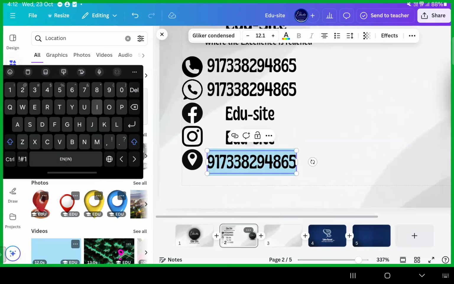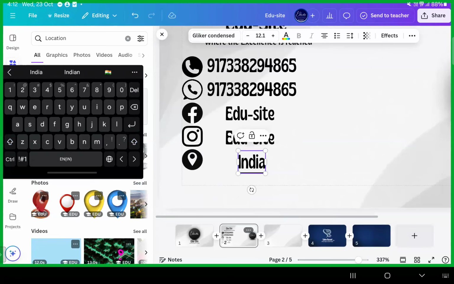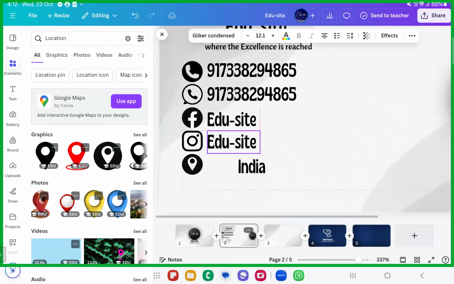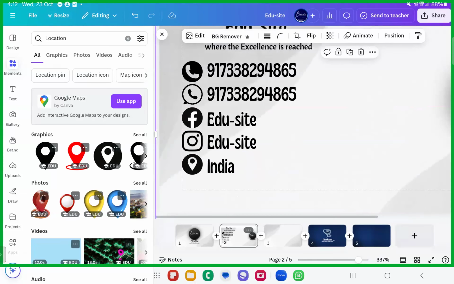And this one, India, let me just put. If they're center aligned, make sure they're left aligned. If it is not getting proper with the left alignment, just arrange it well with the upper ones. See here, alignment is very, very important. You have to make sure that they are properly aligned with the upper ones. Something like this, correct? This is done.